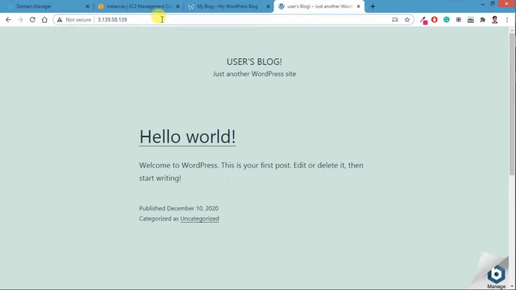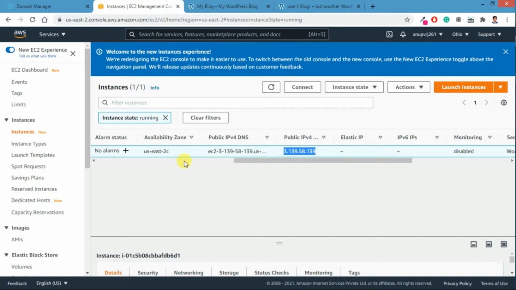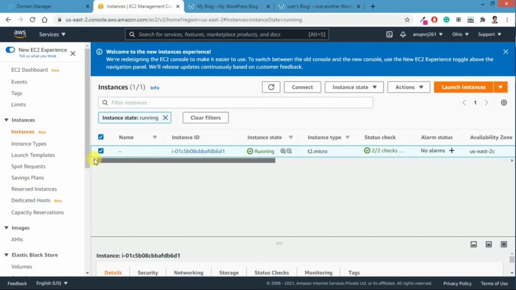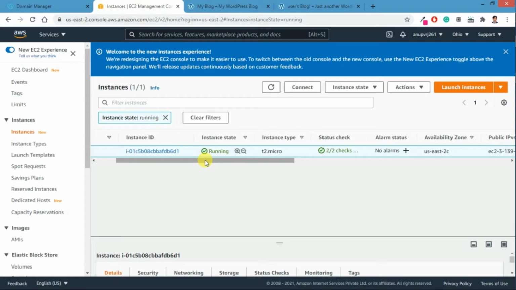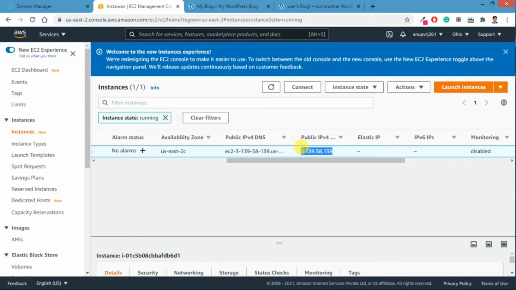We'll cross-verify using the WordPress instance that we have installed, with its username and password, and check whether it works once everything is configured. So let's start how to do this. First, come here and copy this IP address and keep it with you. You can keep it in a notepad or somewhere.